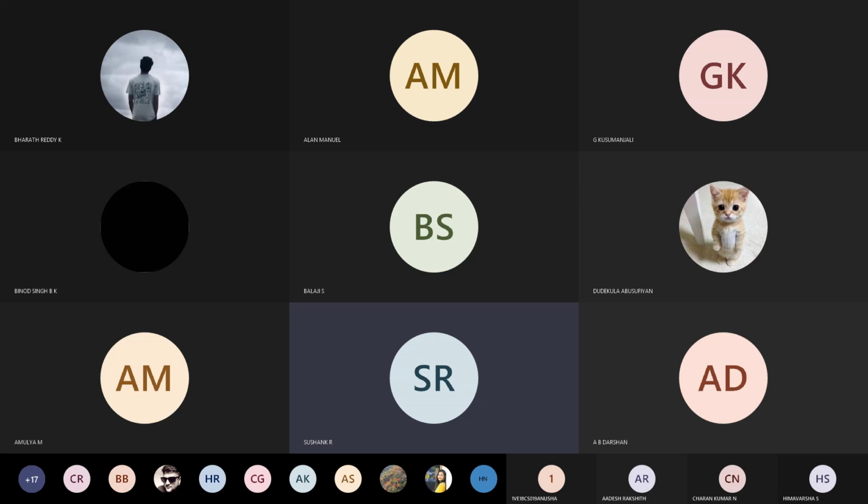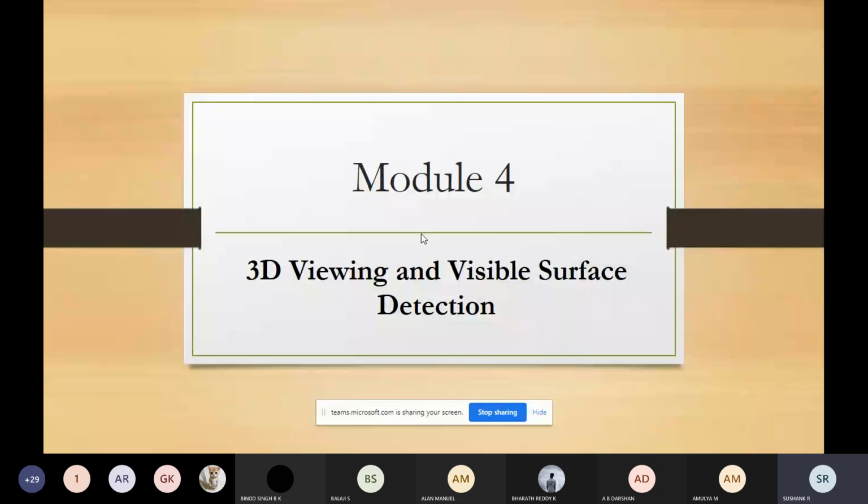The next module is where you will check how to view 3D objects and how to classify them. In 3D objects, some part of the object will be hidden and some part will be visible.